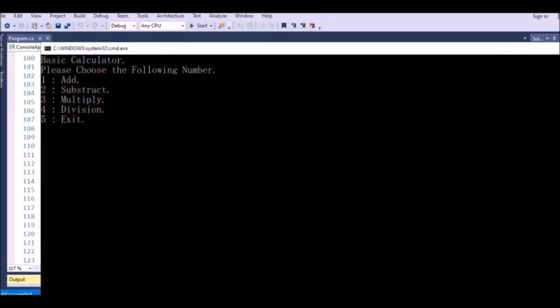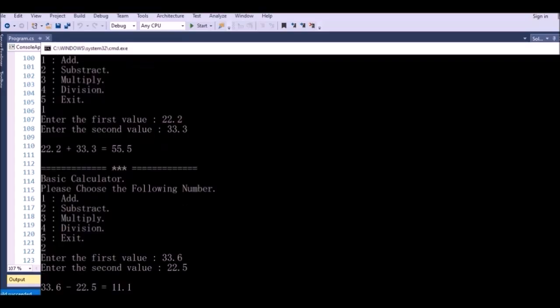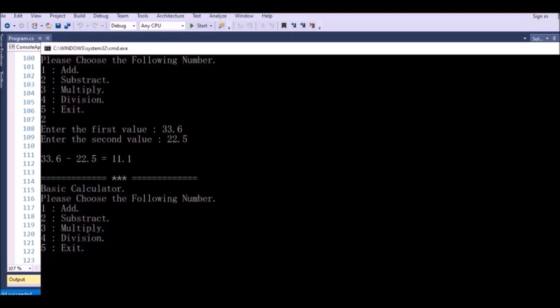For example, I try number 1, right? 22.2 plus 3.3, this one, right? So the next one to subtract, choose number 2.6.5, like this. And when I want to multiply, just the number 3,